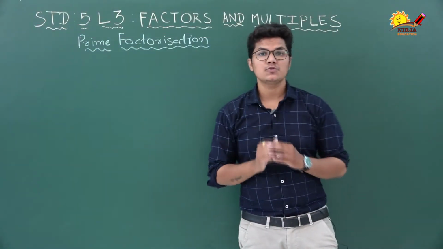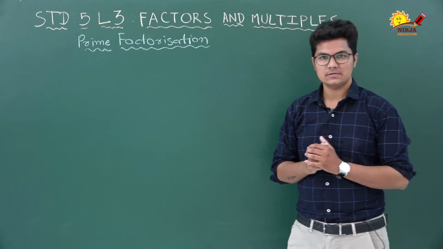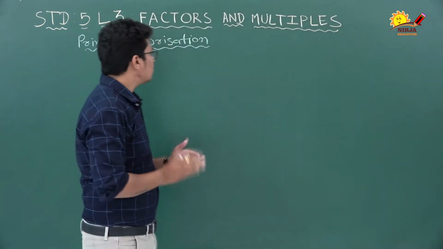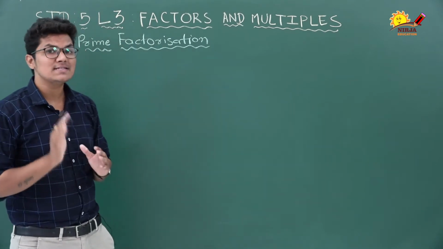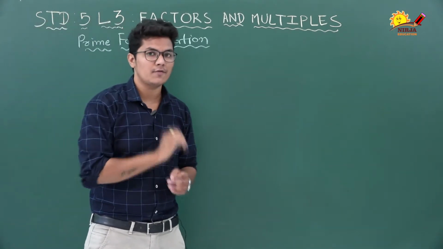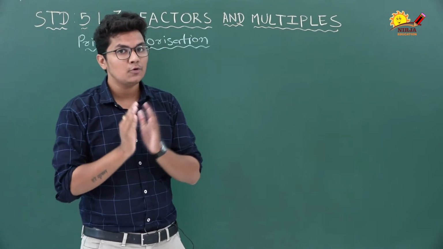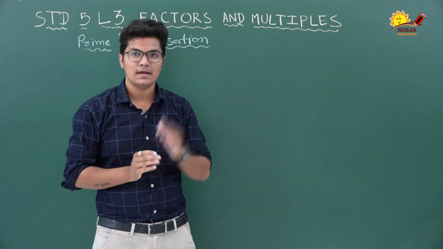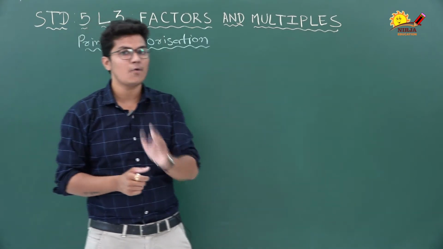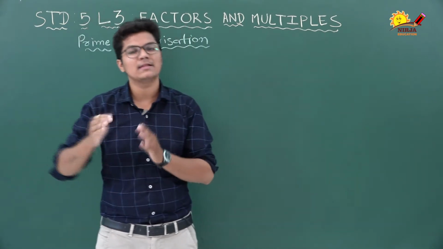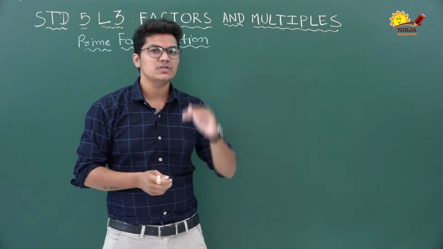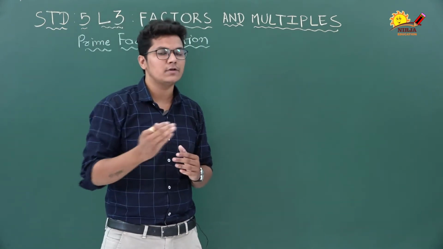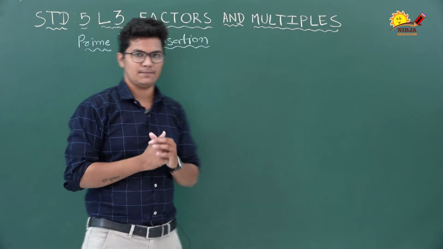So dear students, today we are going to learn prime factorization. Before we learn prime factorization, first understand what factorization is. Factorization means finding factors of a number, okay? There are two types of numbers, prime numbers and composite numbers, that we learned in our previous part. Prime numbers have only two factors, which are 1 and the number itself, whereas composite numbers have more than two factors, right? So finding factors of a number is called factorization, right?